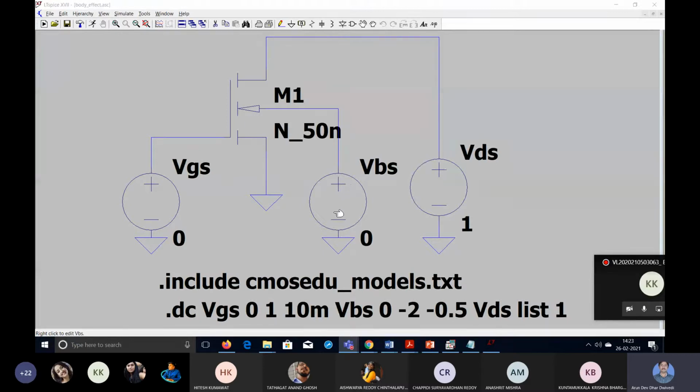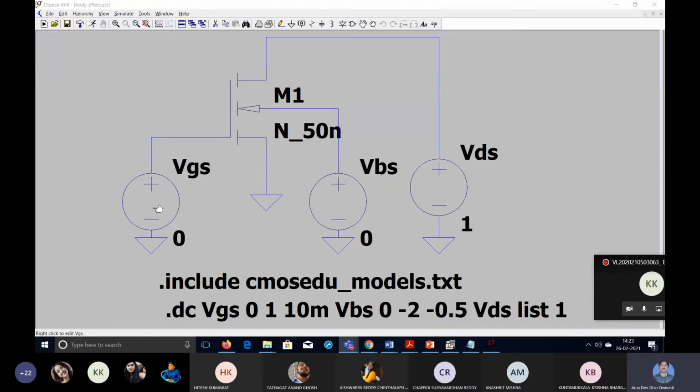And then by default, this is given 0, this is given 0, but the drain is given 1 volt, because we want to plot ID versus VGS characteristics at a drain voltage of 1 volt. So even here, you don't give any volt during this LTspice command; we can provide it. Here also you can keep it 0, but let it be 1 volt, no issue, to remember that this technology is working at 1 volt. Therefore, I am providing 1 volt here now.